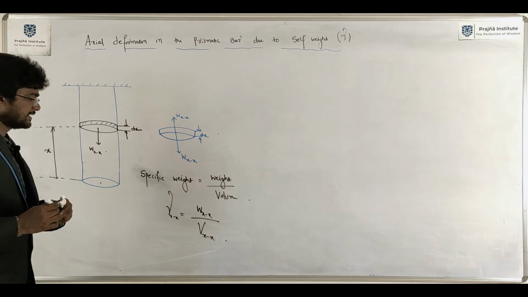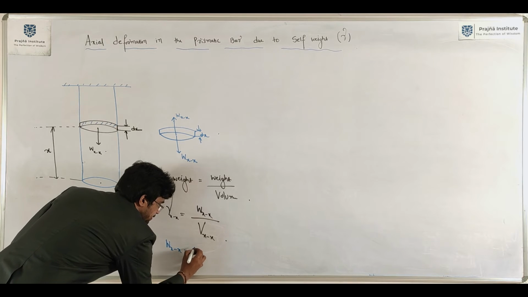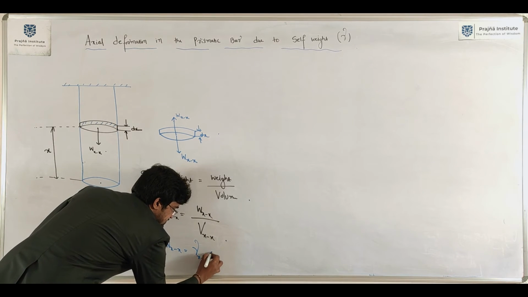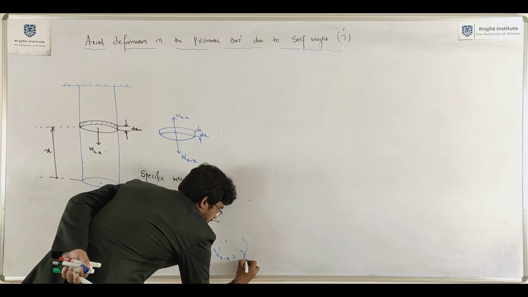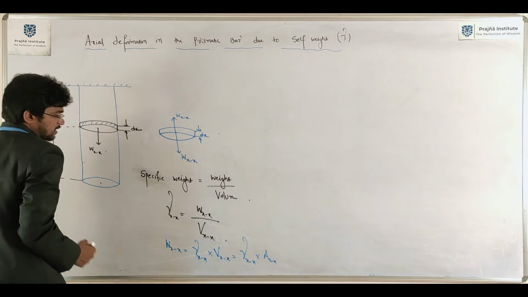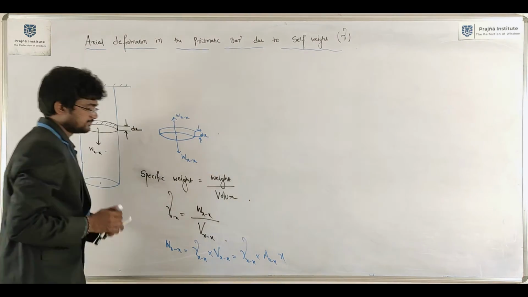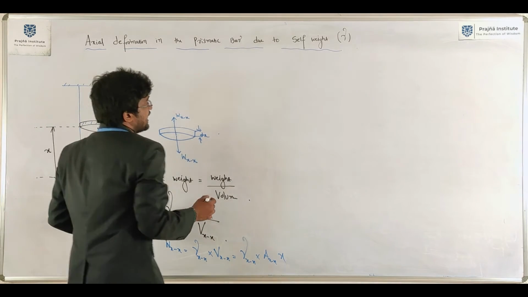Here Wx equals gamma x into the volume, which is gamma x into area Ax into length x. That's it. So this is the weight. Now